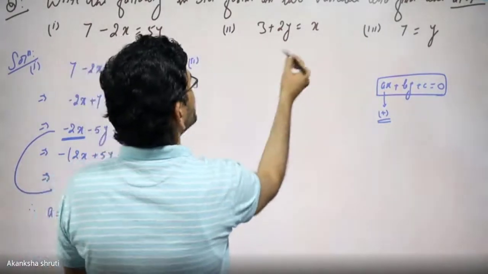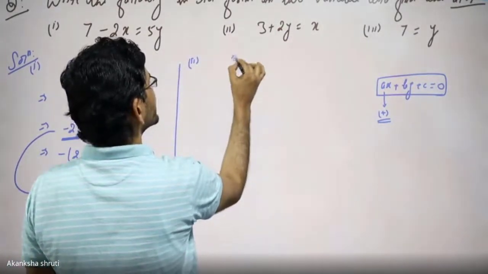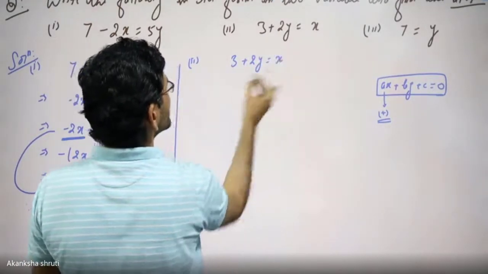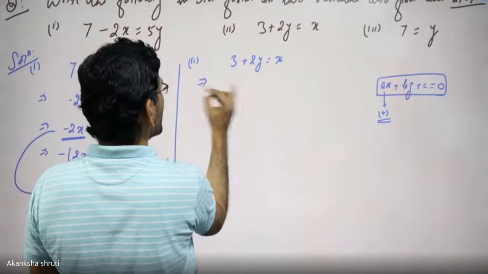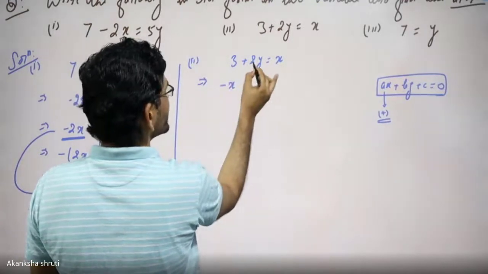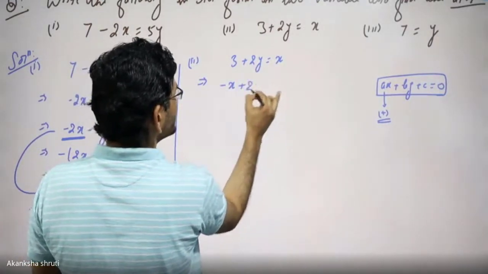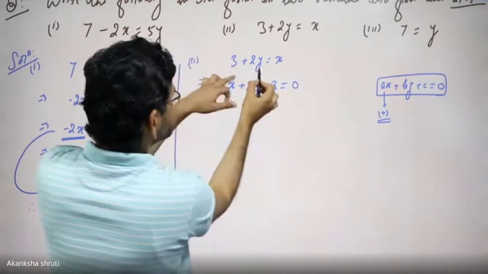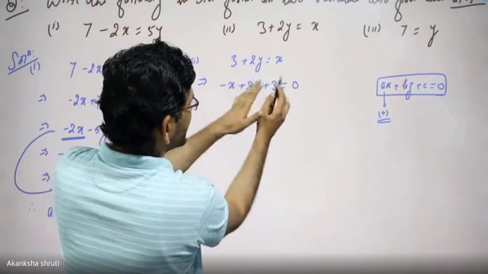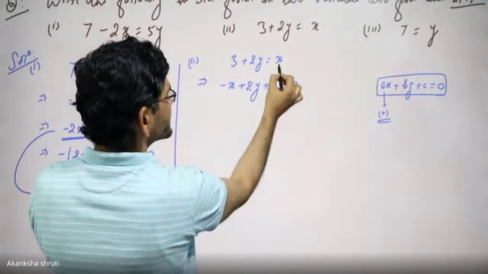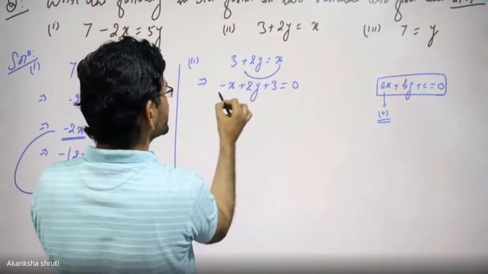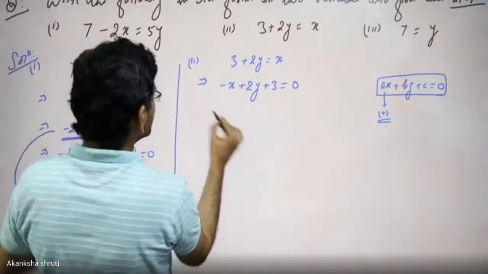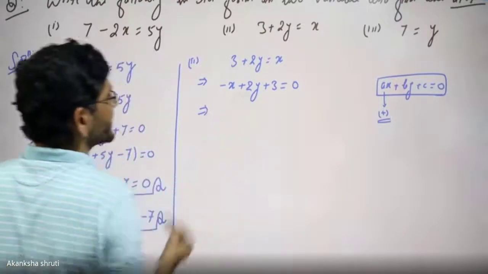Here we again have to apply the same thing. It is like our 3 plus 2y is equal to x. We may bring this x on the left hand side. It becomes minus x. This is our plus 2y plus 3, which is already on the left hand side. Writing the term first, and this 3 next, doesn't make any difference. But writing this x on the left hand side, this minus sign is important. So be careful.